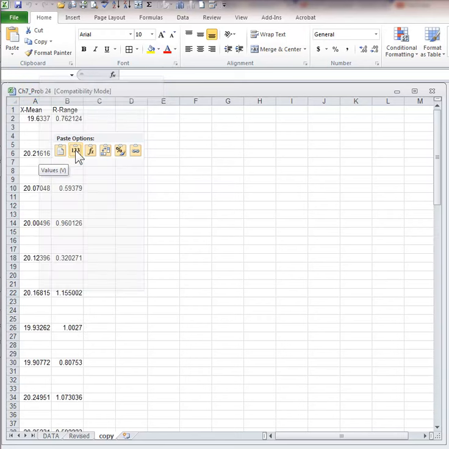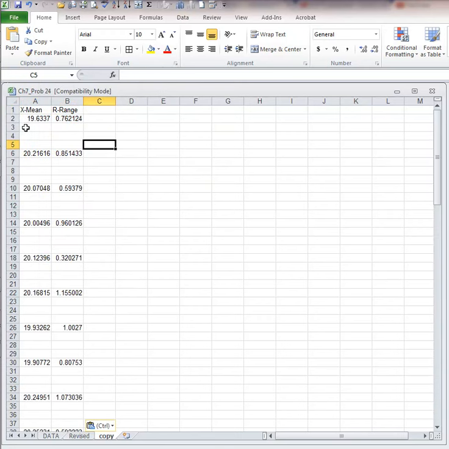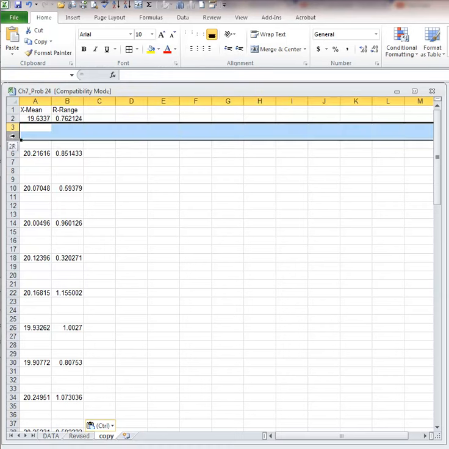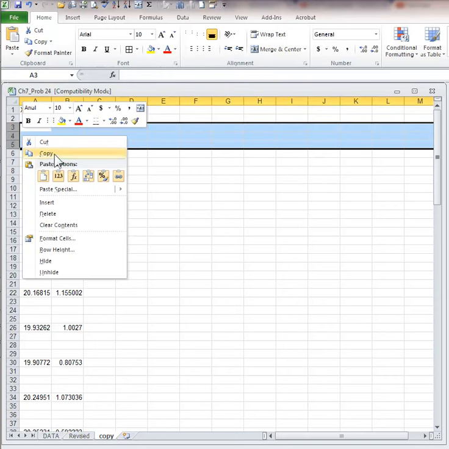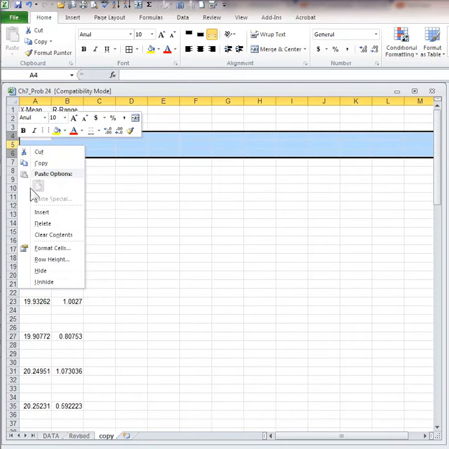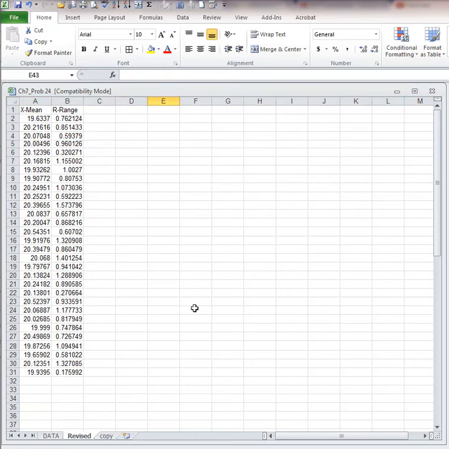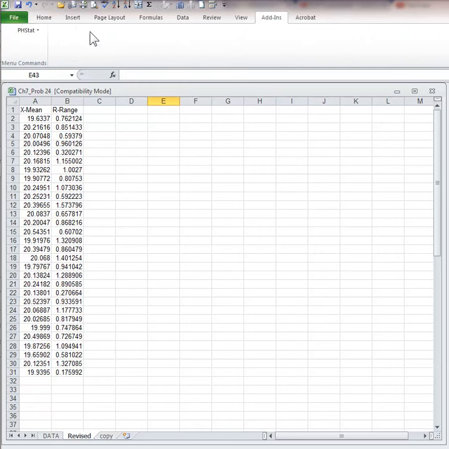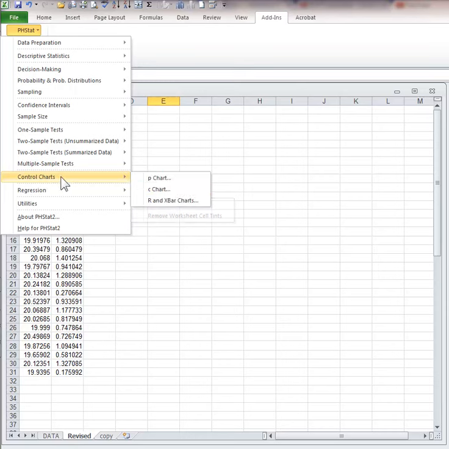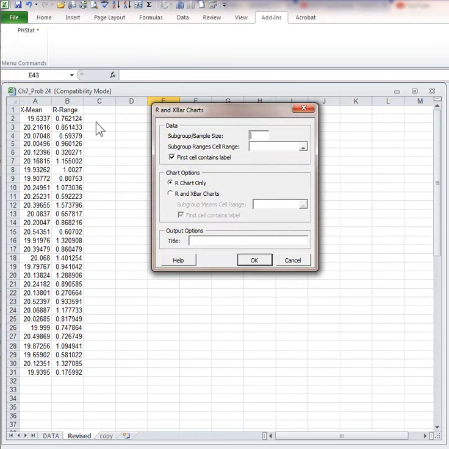You can paste it as numbers and just simply delete the extra rows and make it ready for PHStat. Here I have done that, and so you can come to Excel Add-in, PHStat, control chart, and I believe there were